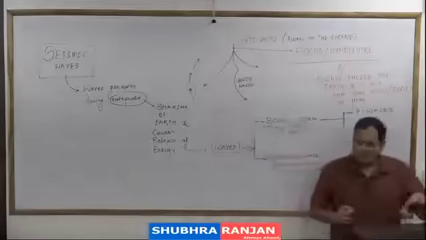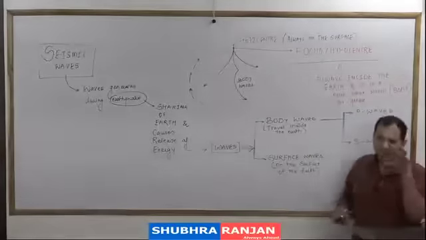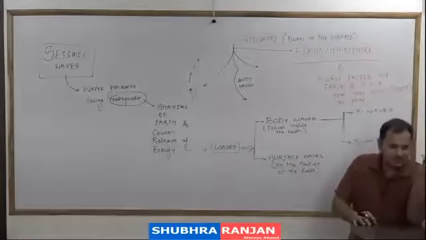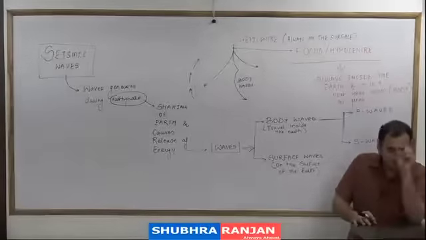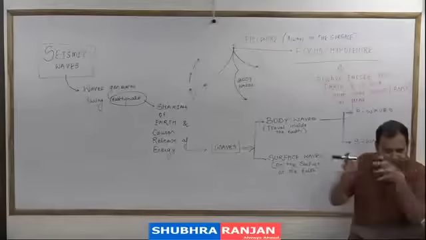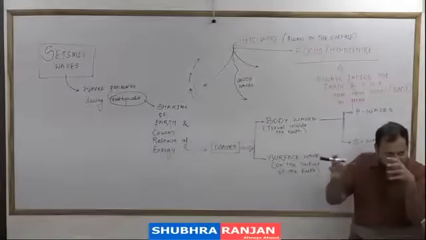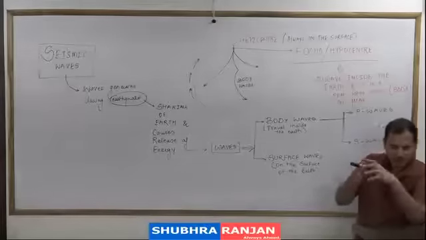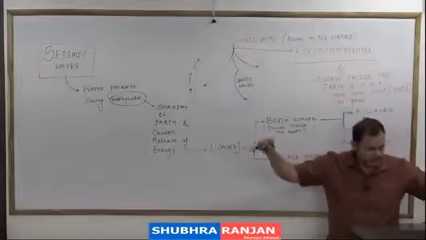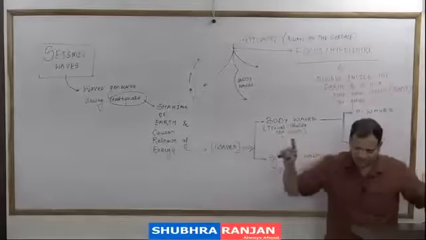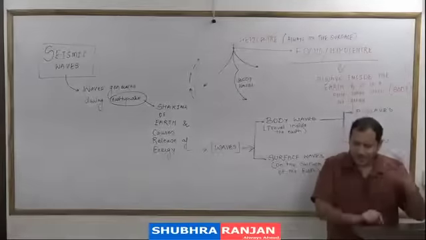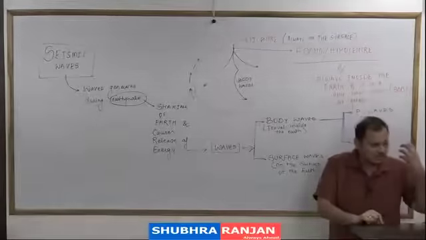Uske baad there are other waves that are known as surface waves. Surface waves are generated due to the interaction of primary wave and secondary wave with the surface rocks. When the surface rocks mein both the P wave and S wave interact, surface rocks will be compressed or released. Jab bhi koi compress hota hai, jab aap rubber band kheenchte ho and suddenly the rubber band breaks and it comes back to its original position, toh yahan pe does it hit you? Yes. Why? Because it releases a large amount of energy.